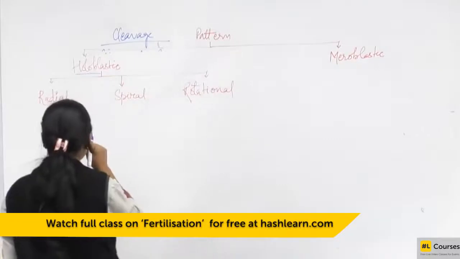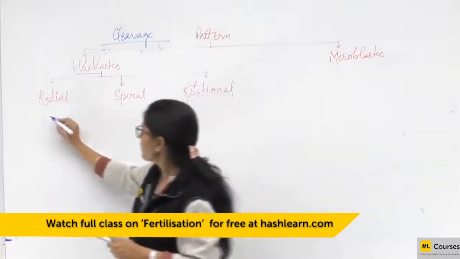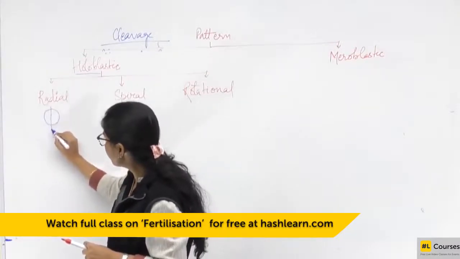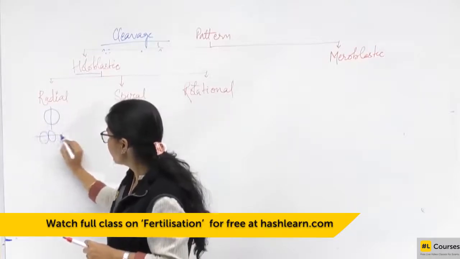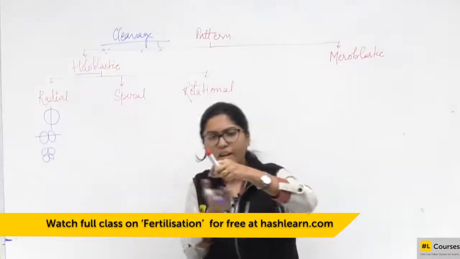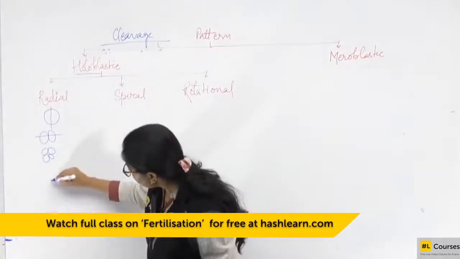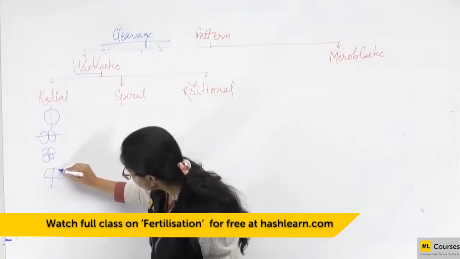Now in case of radial, what will happen? If you see, in case of radial, this is the zygote. First you have the meridional plane, so you have 2 cells. Again they will get divided, so you have 4 cells. Now the next plane of division will be exactly from the center. So if this is the first 4 cells formed,